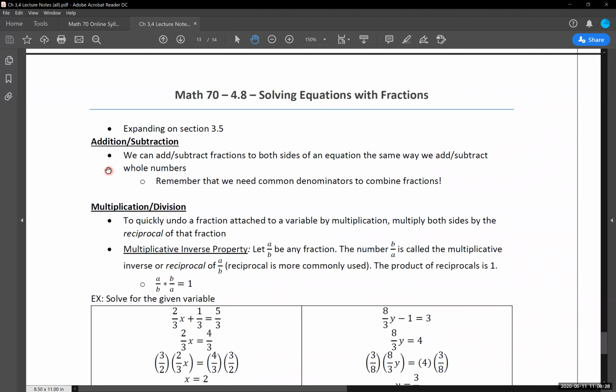Previously, we worked with whole numbers or integers: positive 5, negative 10, positive 13, negative 100, things like that. Now we can add or subtract 1/2, 1/3, 3/4, 5/8, 9/7, anything like that. And remember that when we are adding or subtracting fractions, we need a common denominator to combine those fractions into a single one. Our process to find common denominators is back from section 4.4. Review that as necessary. You're absolutely going to be needing that.